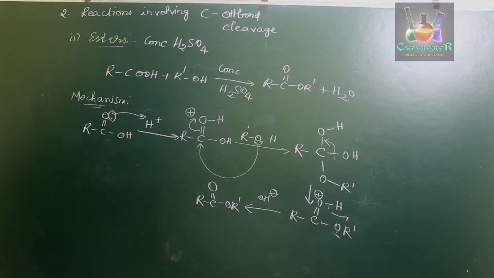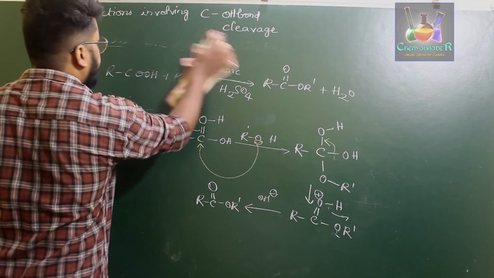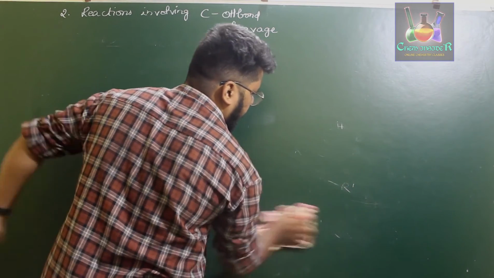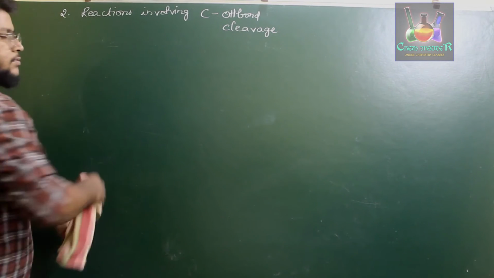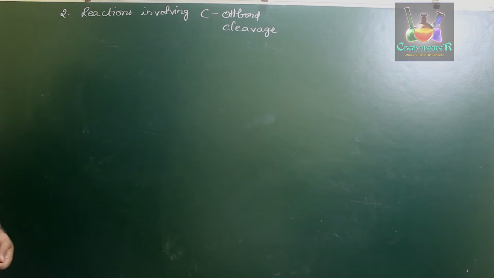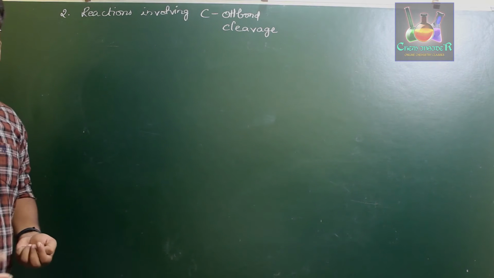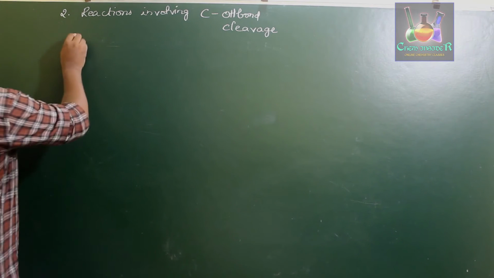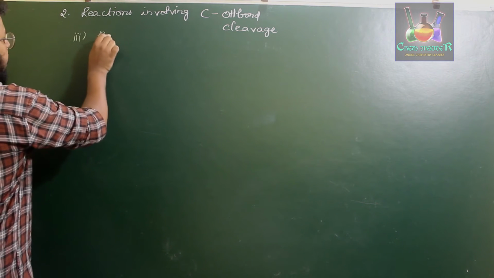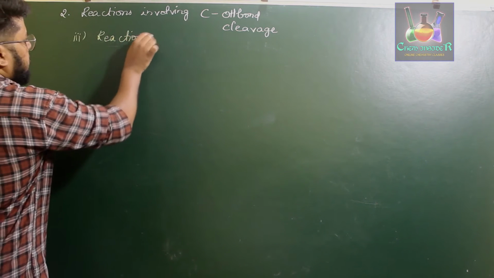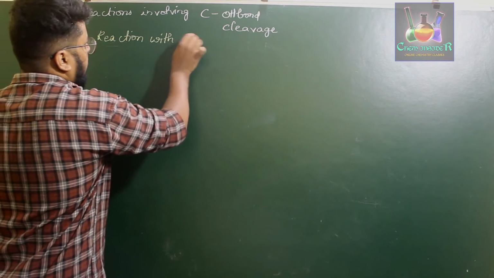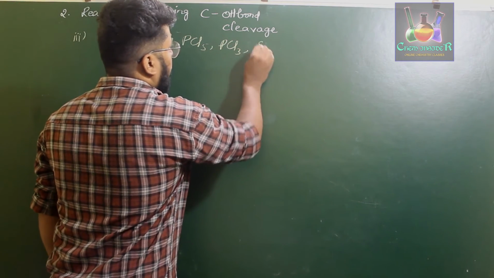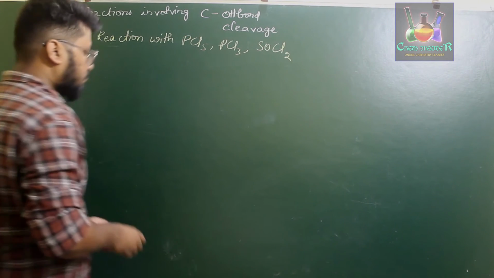Next is reaction of carboxylic acids with non-metal chlorides like PCl5, PCl3 and thionyl chloride. So carboxylic acid reacts with PCl5, PCl3 and thionyl chloride in the same way as alcohol groups do. So in the third process, reaction with PCl5, PCl3 and SOCl2. So the reaction is